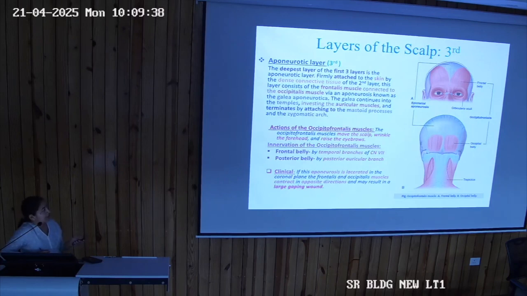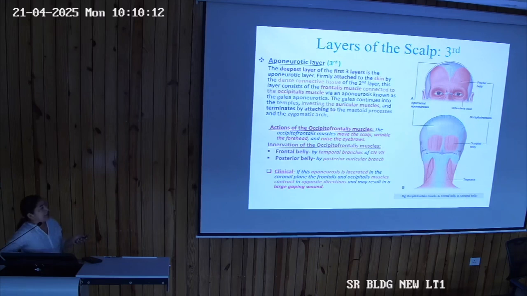So what is the action of this occipitofrontalis muscle? Before coming to the action, first this aponeurotic layer joins the two bellies, that is the frontal belly and the posterior occipital belly, by the flat aponeurosis, that is called as epicranial aponeurosis, which is running from anterior to the posterior region, and it is also known as galea aponeurotica. What it is known as? Galea aponeurotica.